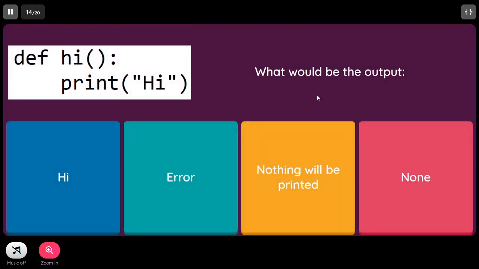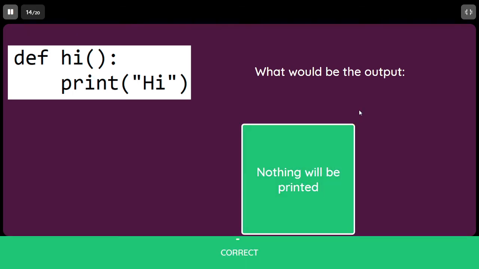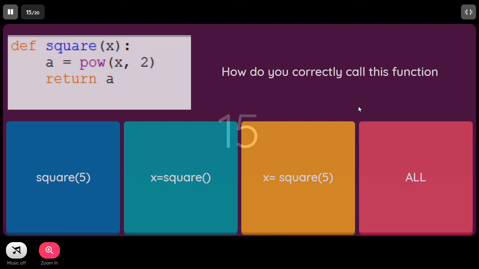Again, similar kind of code which we have seen earlier. We are just defining the function, but without a function call, it would not be printing anything. So the function is defined. Now how are you going to call it? Which function call is the legal way of calling this particular function, which is expecting one argument?